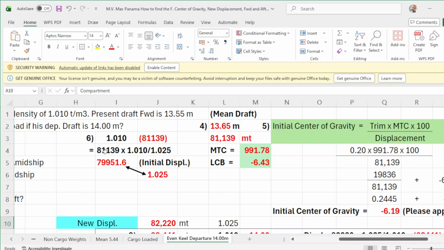This is the formula. So your initial displacement is 81139 times your local density or your DD over your salt water 1.025, and the result will be 79516. This is now converted to salt water because it is divided by 1.025. So we go now to number 7.